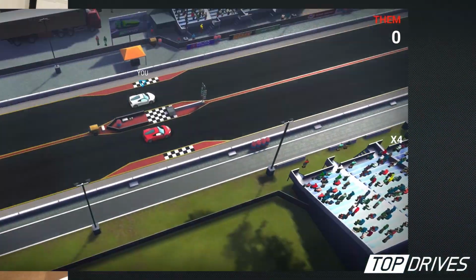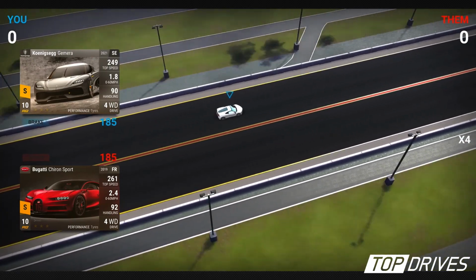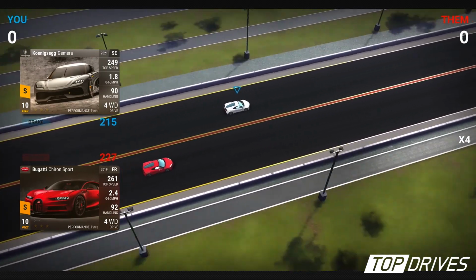Compared to the Gemera, the 1,577 brake horsepower Bugatti Chiron Sport is a bit underpowered, yet the Chiron still has the higher top speed. In a mile-long drag race, the faster accelerating Koenigsegg does pull out a lead. However, on the final stages, the Bugatti starts to creep back, but not quite fast enough,